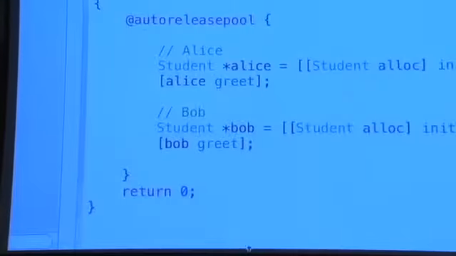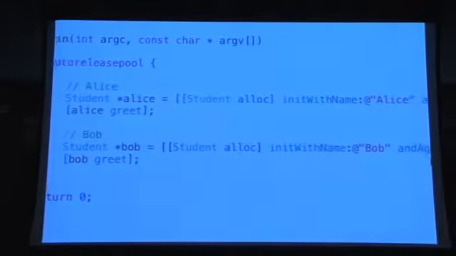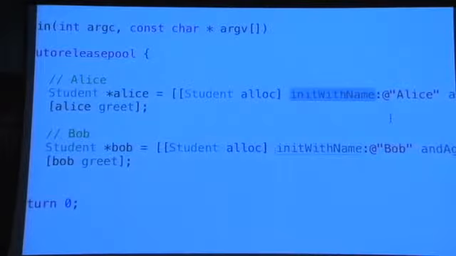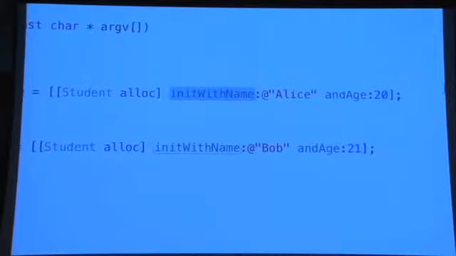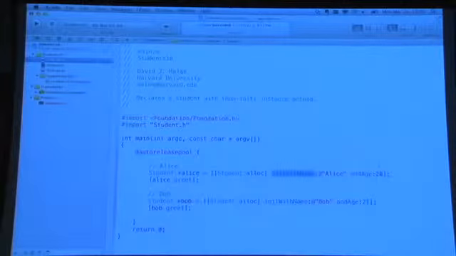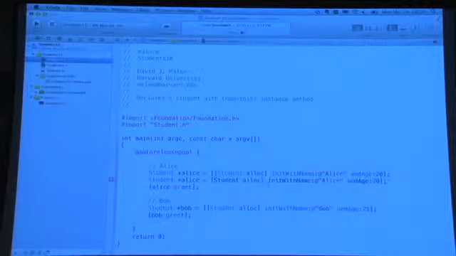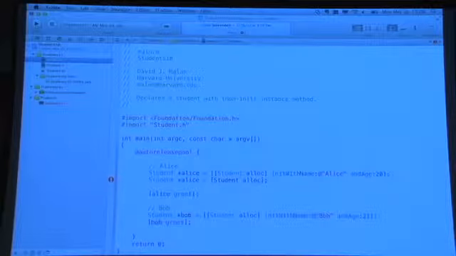So in the M file, how are we using this thing? Well, we are allocating Alice, and as per convention, we are initializing that object all within the same line with the nested brackets. Just to be clear, we don't have to do it all on one line here. We could do this a little more pedantically. Clean up that line, and then we can say